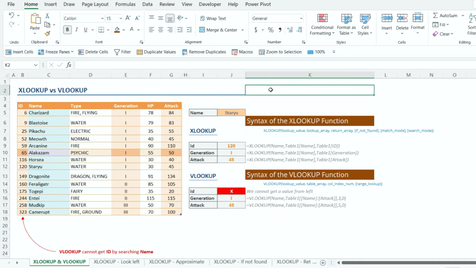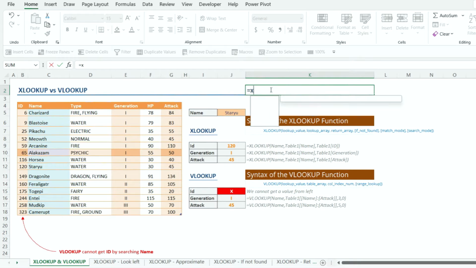Then with XLOOKUP, the syntax is, we start looking up a value, which is going to be this name of ours. Then, sorry, before that, the lookup array, which means you're going to select where this name is contained in the table. So you will be selecting the name column.